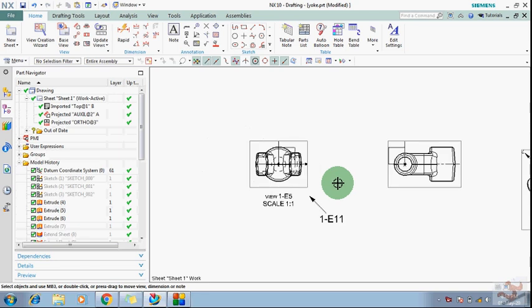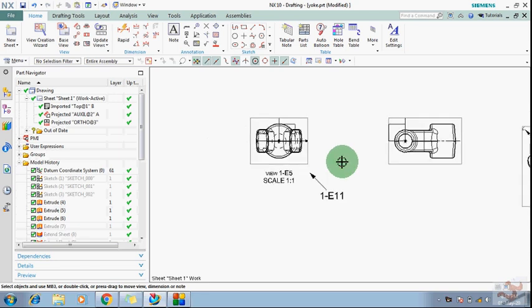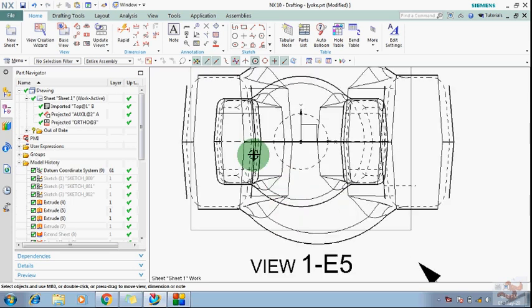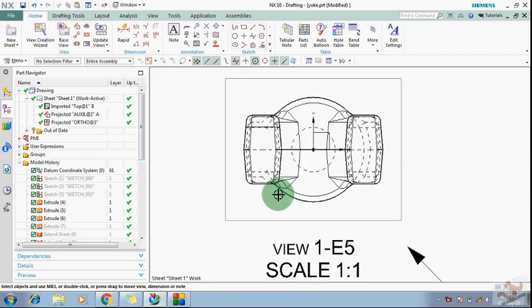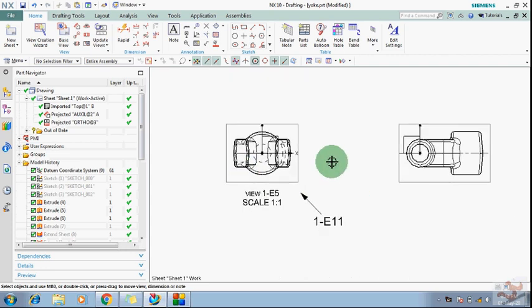In this video, I'm explaining some other commands while I continue uploading my videos on NX modeling commands. But in this video I will explain some drafting commands, due to some suggestions and queries. So in this video, I'm just explaining how to show hidden edges. That's a very easy thing, I think everyone knows, but I will show how to show the hidden edges, and then explain how to show only the required hidden edges.